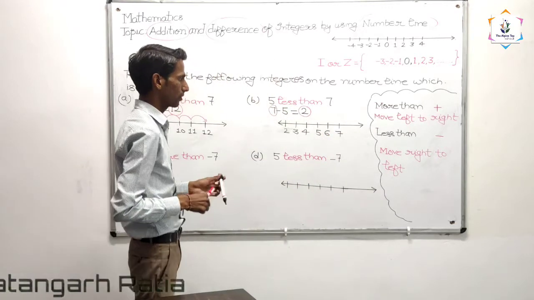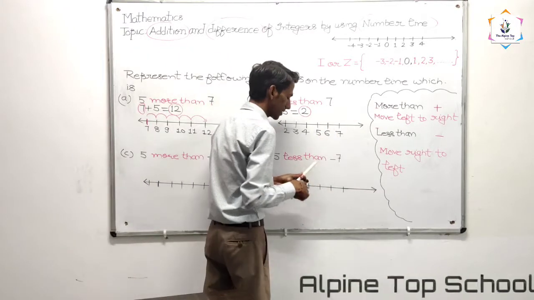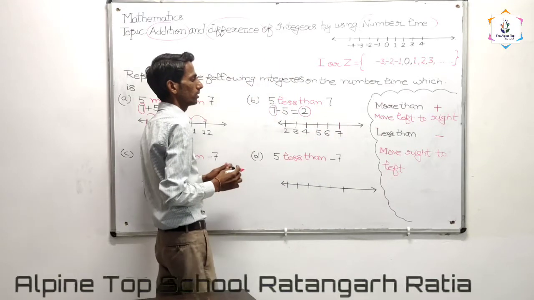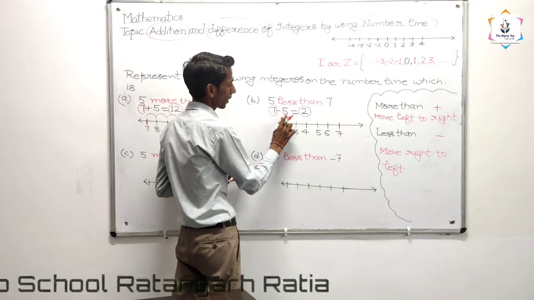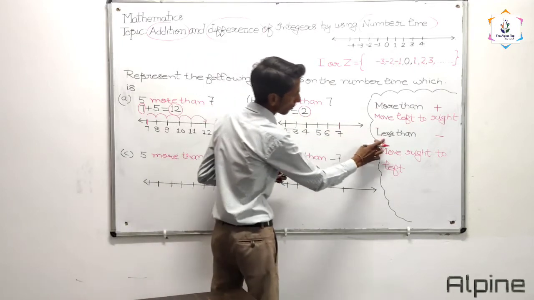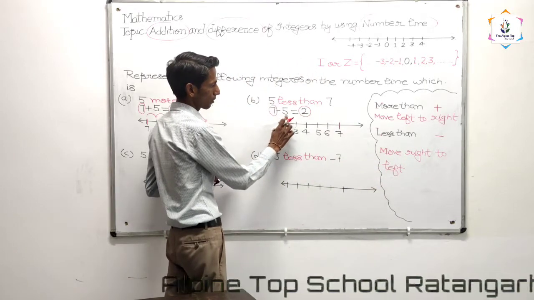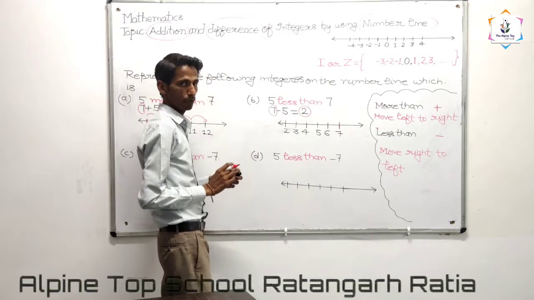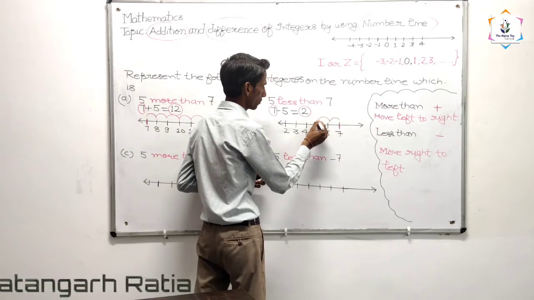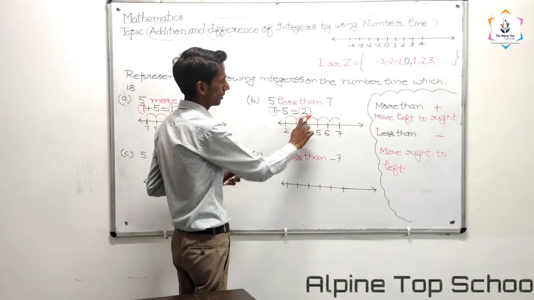Okay, now what will happen? What is the starting number? That is 7. So obviously I am going to mark this as the beginning number. Then I subtract 5 from 7, and I get 2. According to the negative symbol you are observing here, you have to move from right to left. How many steps? 5 steps you have to move from right to left. Just see, 1, 2, 3, 4, 5. You reached the answer.